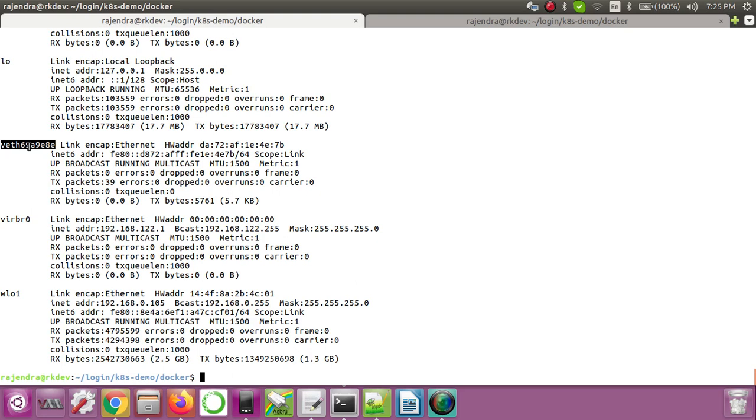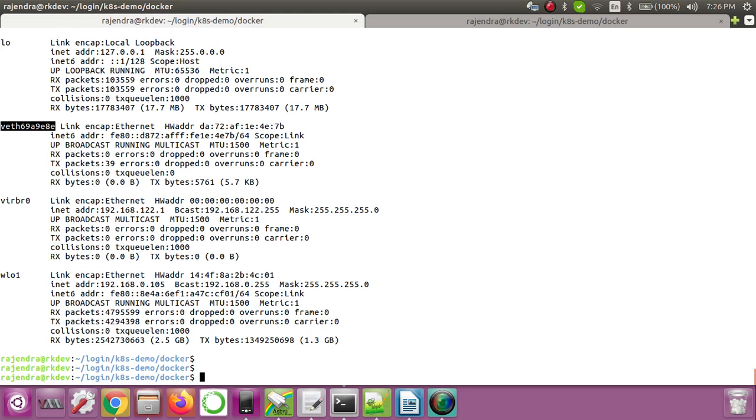So from 80 the request will be passed to port 8080 of the container, and your application is running on that port. Your application will serve that request and it will reply. This is how the typical communication works.